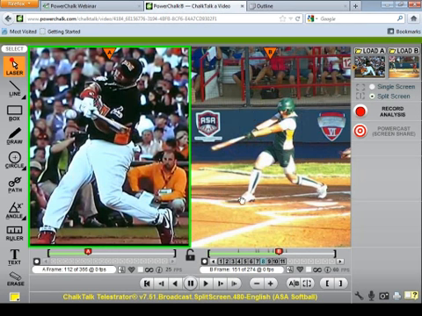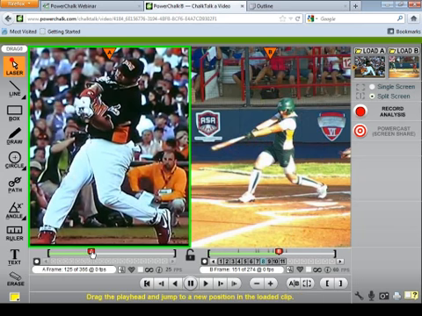Make sure you completely understand the mechanics of the swing, and if you do have a question, use PowerChalk, use the video analysis and see what the successful hitters are doing, and then when you look at another video, try and find the differences between the swings, because what you'll see with any successful hitter, there may be some different styles of hitting, but the thing that's consistent from great hitter to great hitter is the point of contact.